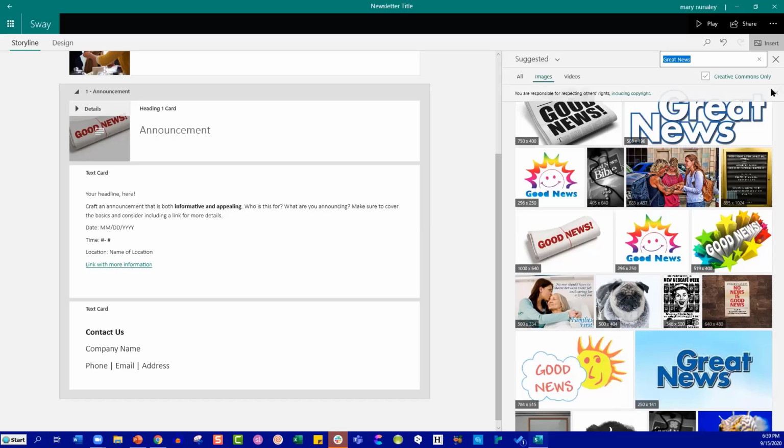There are licensing fees that often have to be paid when using images or music or videos. If you select something that is licensed Creative Commons, that means the person who created it has said anyone is free to use it, as long as they either give me credit for it, or just use it. So the images that are being pulled are licensed Creative Commons. That's why I have that check mark there.